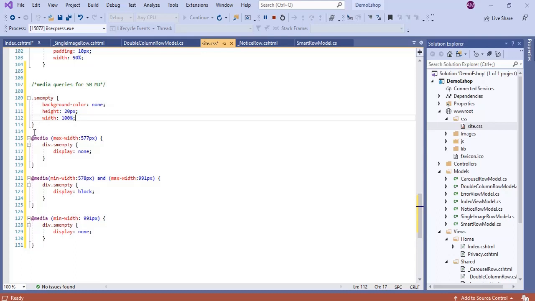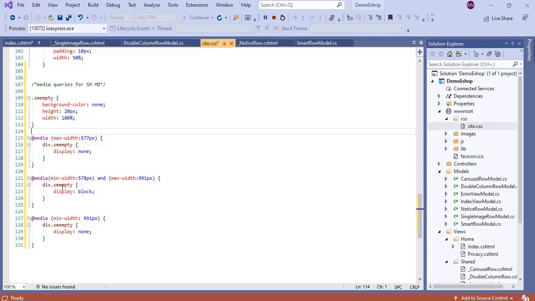Then this is the important point. At media max-width equal to 577px, div.smEmpty is display none. So up to 577px, this div will not be shown.